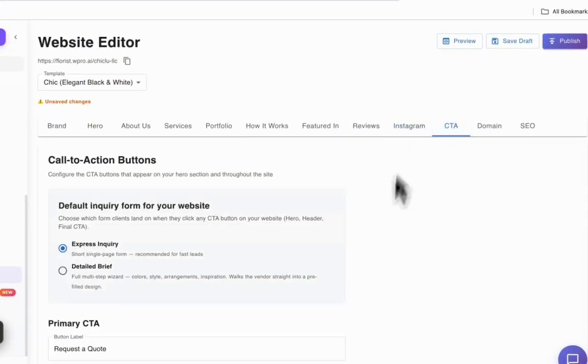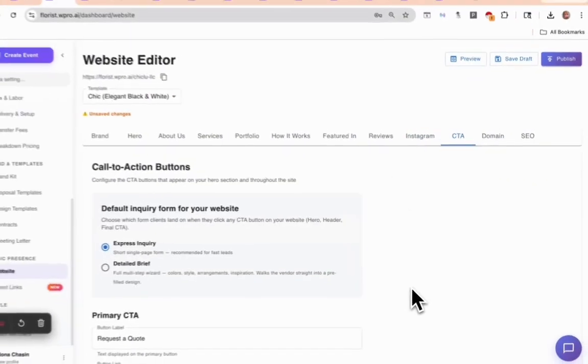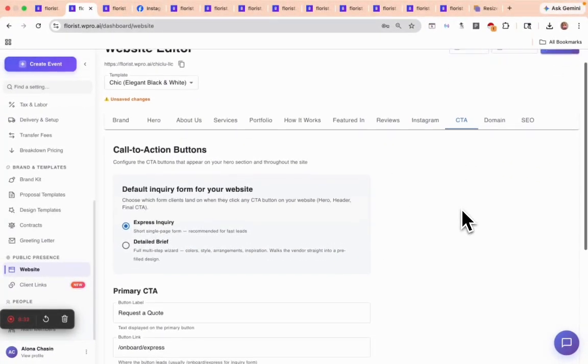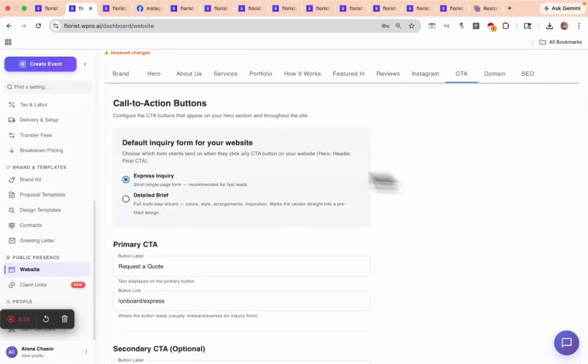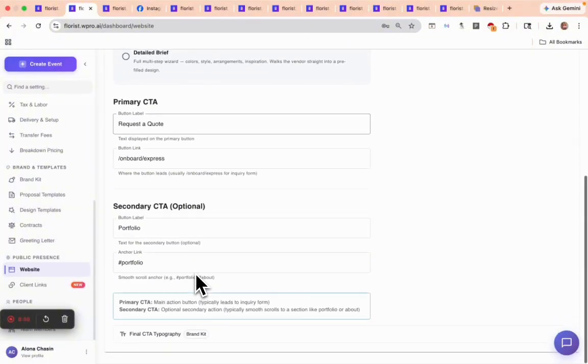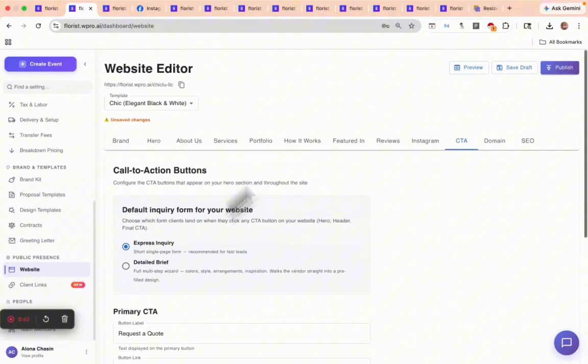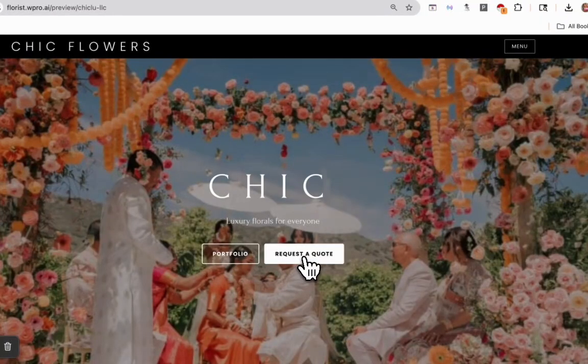So your call to action buttons are located in the CTA section here, and for the call to action you can include an express inquiry form or a detailed brief. Okay, let me go over the express inquiry. You can see it here. So, request a quote. And when they request a quote,